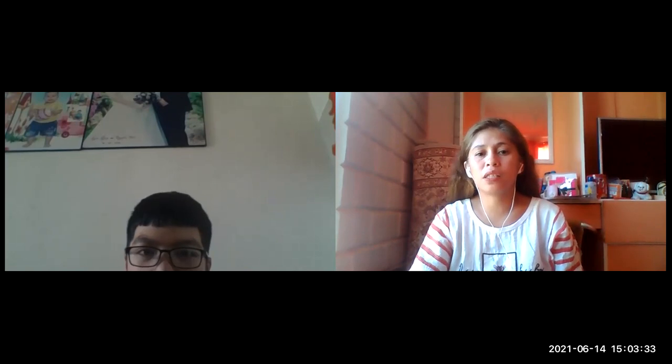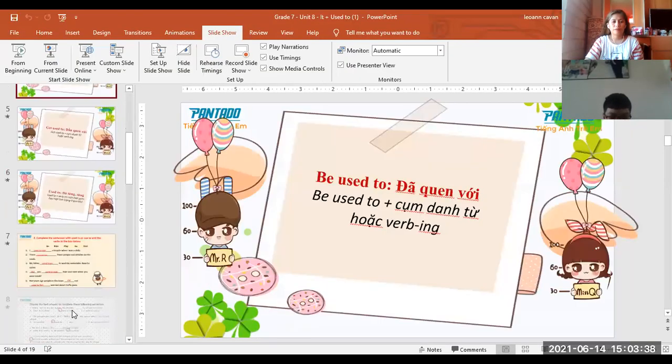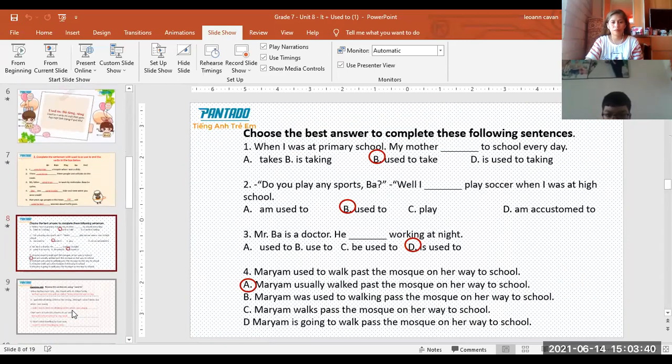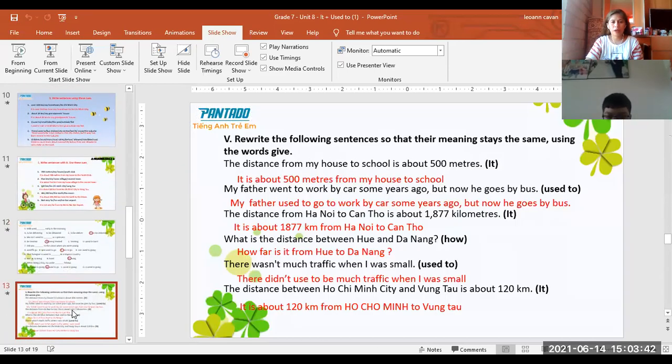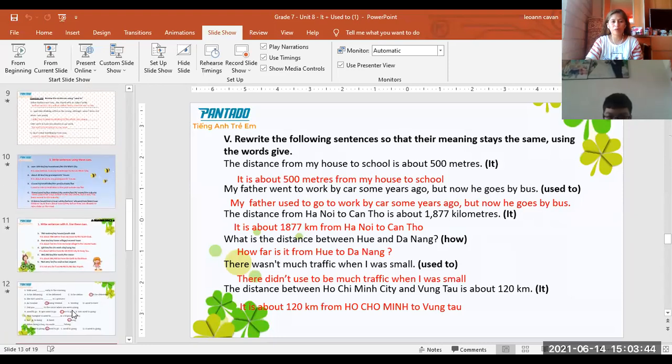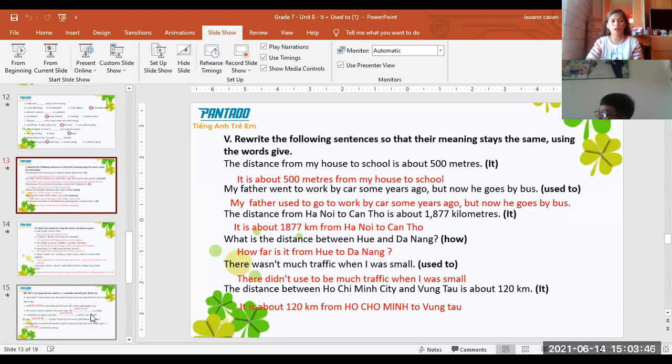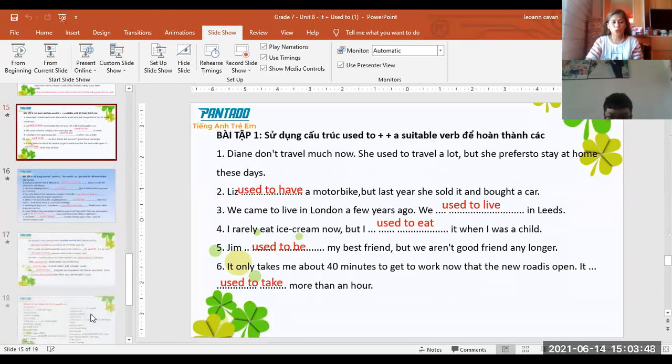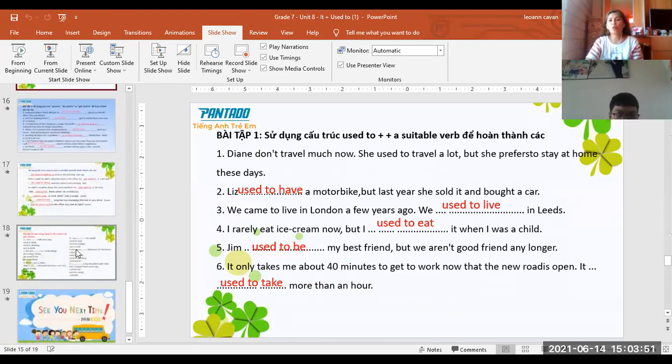So let us check Unit 7 because it seems we are not done with this. I will have to double check. Okay, we are done with Mariam. Okay, I guess we are done with this. Okay, so we are done with Unit 7. Let's move to Unit 8.